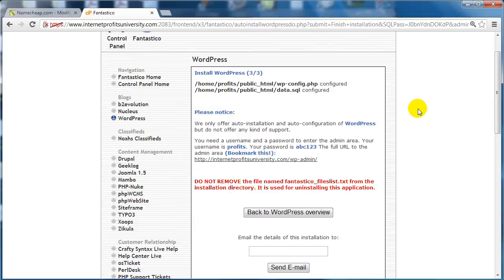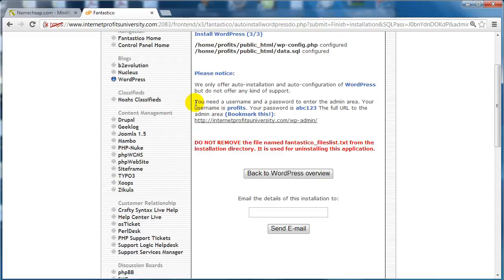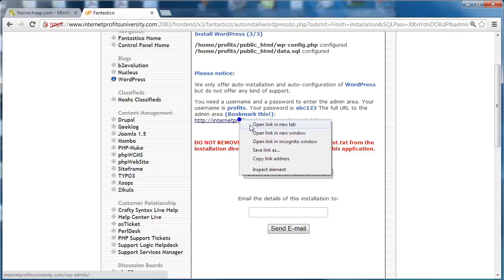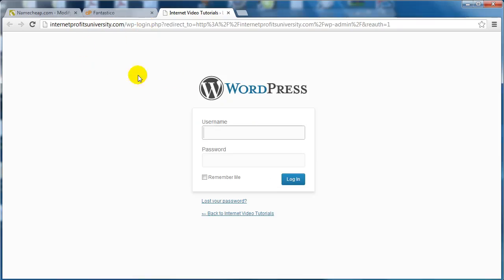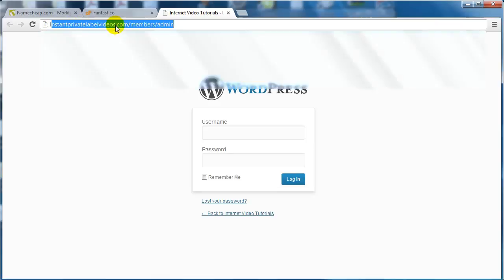And that's it. So as you can see, it's very, very easy to install WordPress automatically. Now this information, you're going to need to store it somewhere, so make sure that you store this information to a safe location. But if you open this in a new tab, you can also email the details of this installation through email, and if you go to the link that we were redirected to, which is basically